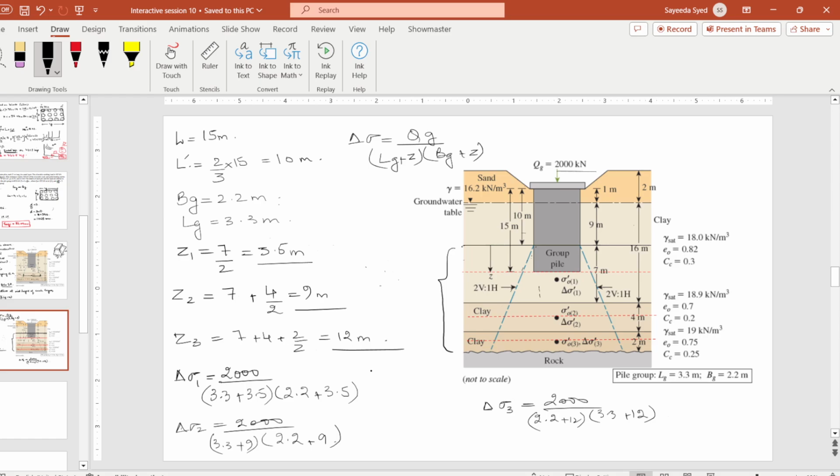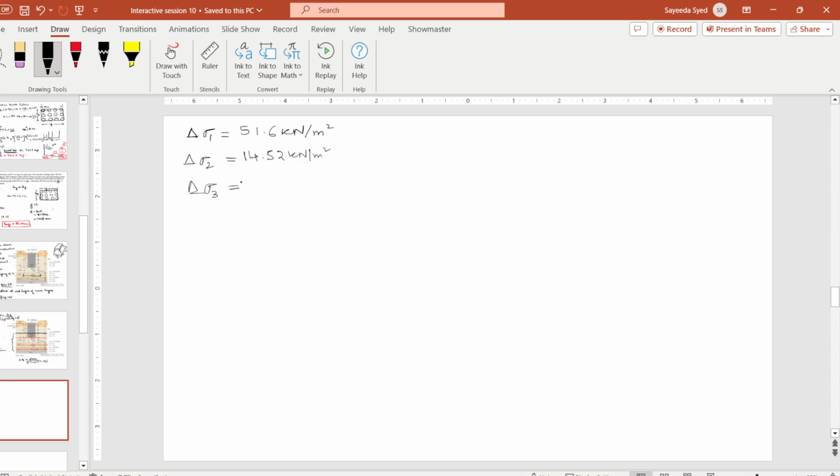Delta sigma 2 equals 14.52, and delta sigma 3 equals